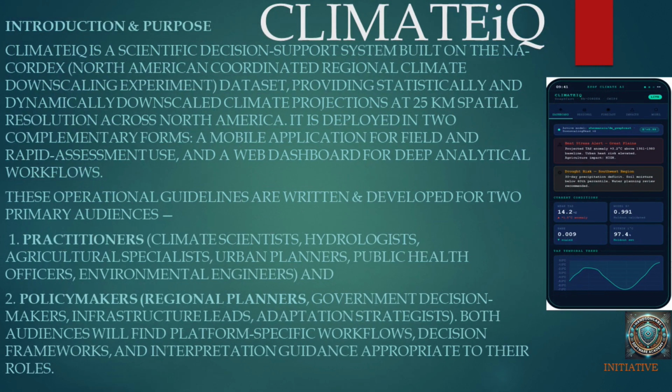Now, let's quickly look at the introduction and the purpose. ClimateiQ is a scientific decision support system built on the NA-CORDEX, that's the North American Coordinated Regional Climate Downscaling Experiment dataset, providing statistically and dynamically downscaled climate predictions at 25 kilometers spatial resolution across North America. It is deployed in two complementary forms: the mobile applications for field and rapid assessment use, and a web dashboard